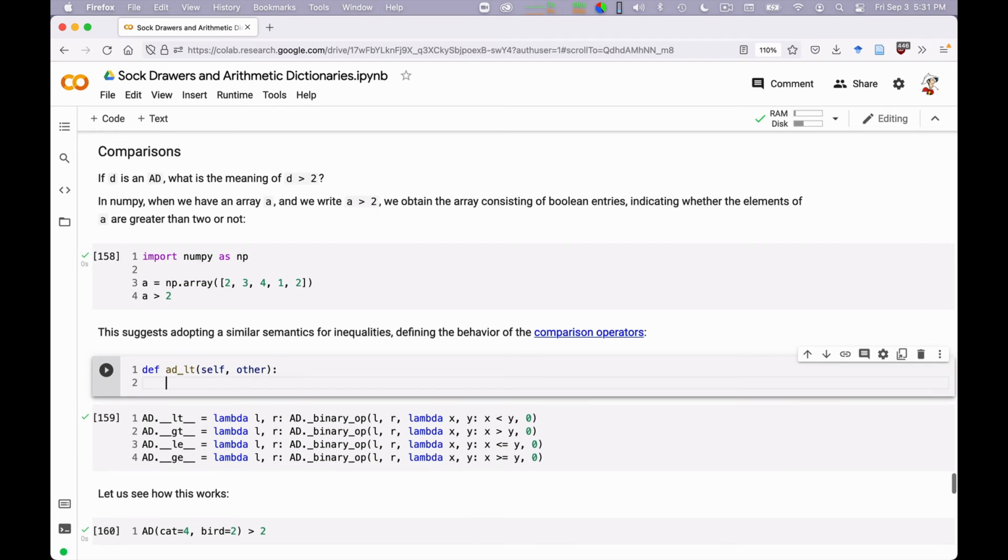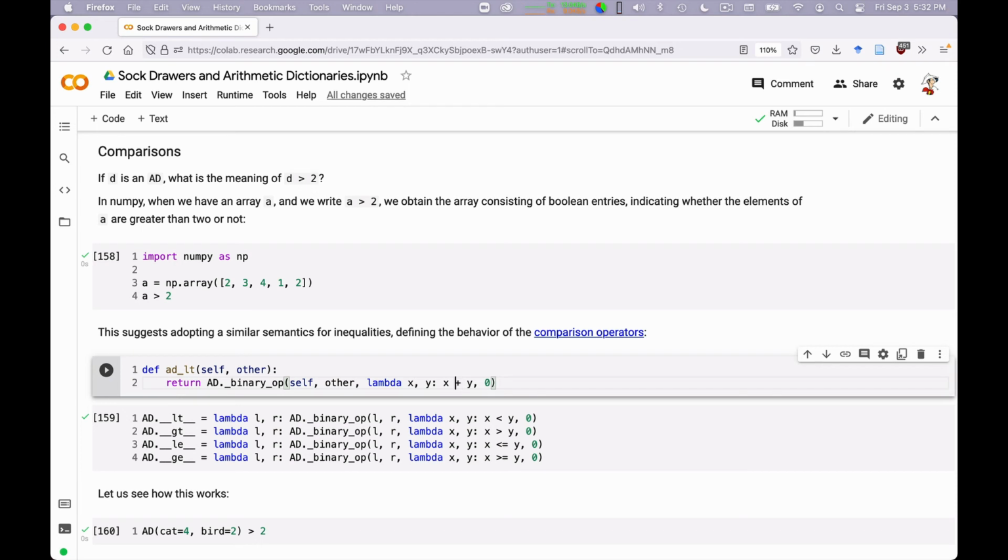Okay, this would be a better way to write it, and say that I return... so what is the result? It's AD.binary_op between self, other. What is the comparison function? You know, before, in the case of sum, I would have written lambda x, y: x + y, and neutral value 0, right? So before I would have written this code.